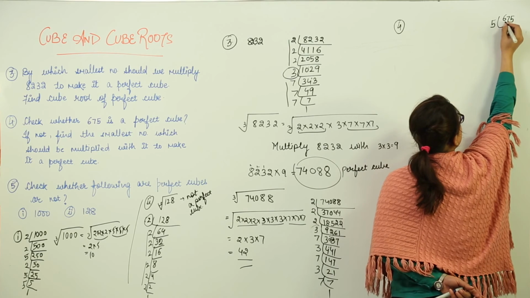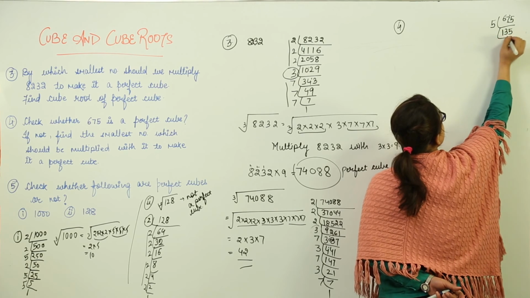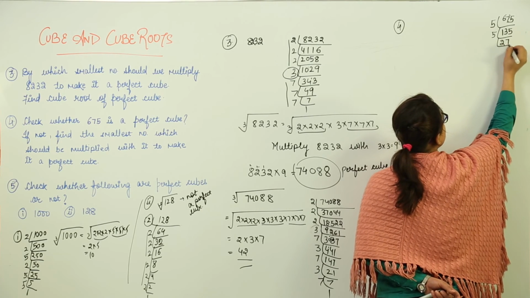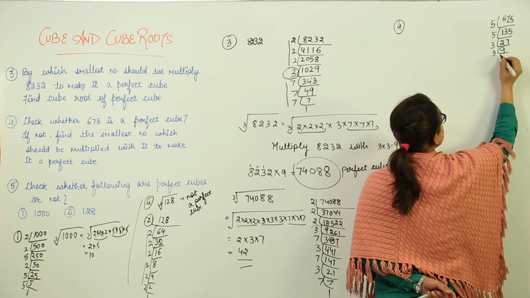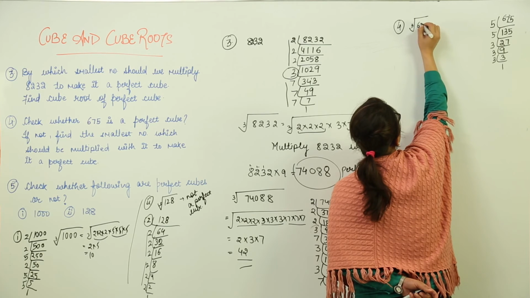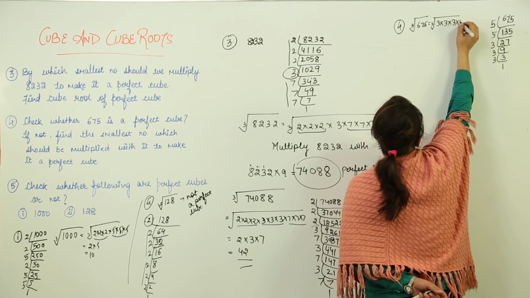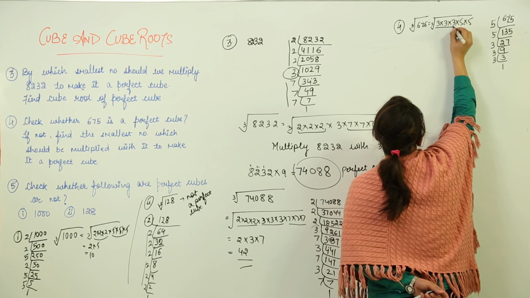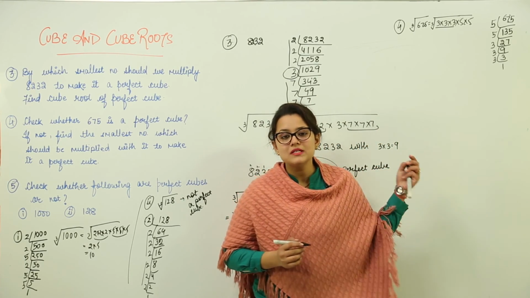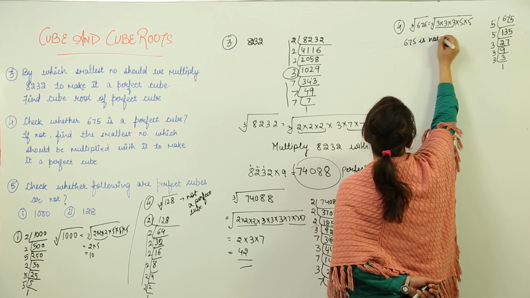5 1s is 5. That leaves 1 remainder 17. 5 3s is 15. 2 2 remainder 25, 5 5s becomes 25. Now 5 2s are 10 plus left remainder is 3, 35, 5 7s are 35. Again you can check it with 3, 3 9s is 27, 3 3s are 9 and 3 1s are 3. If you check the cube root of 675, it would have the factors as 3 into 3 into 3 into 5 into 5. That means here only 3 is getting grouped, the 5 is remaining ungrouped. If the factors are remaining ungrouped, that means it is not a perfect cube.